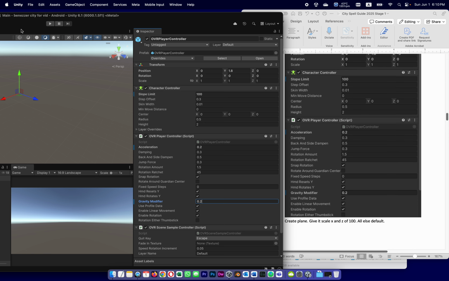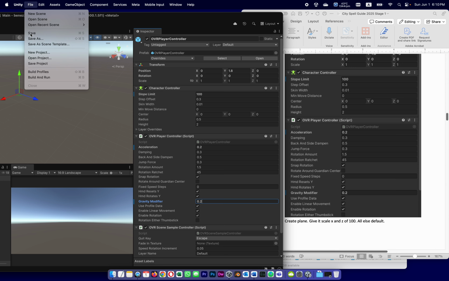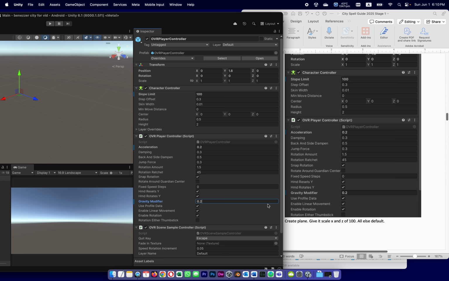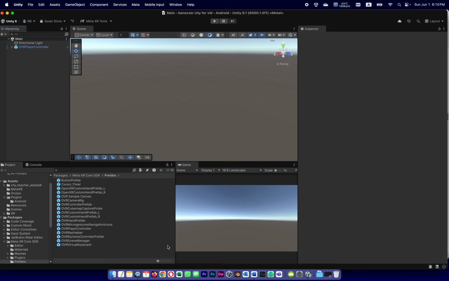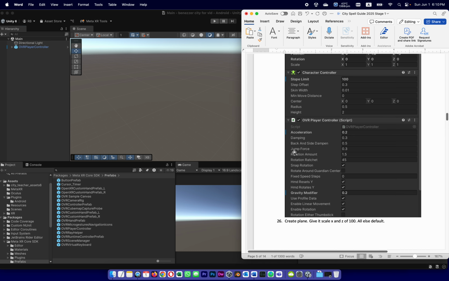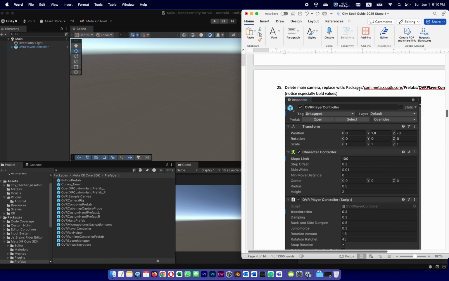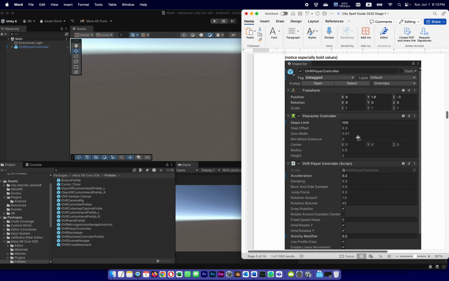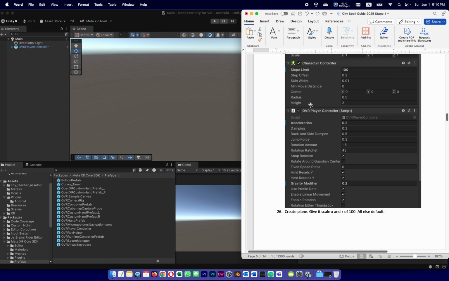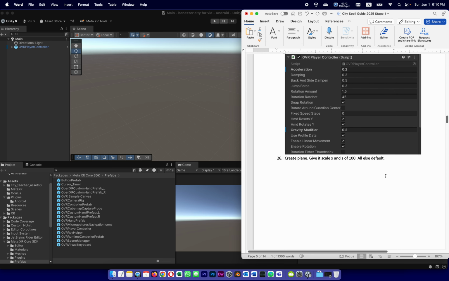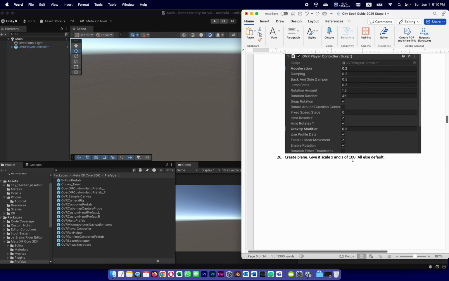Probably not. File, Save, and finally, and I don't think this step will surprise anyone because many of our projects started with that or had that step, is to create a plane. Let's see if I'm not forgetting anything. So we gave it the OVR camera, the OVR player controller, sorry, and then all of these settings, then plane, and